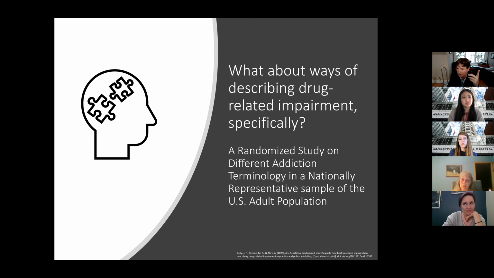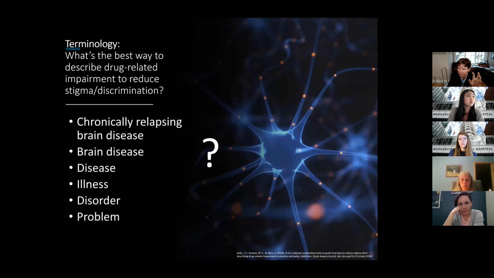What about addiction? We just finished this study. It was a nationally representative study. What we wanted to look at here was the impact of different terminology. These were 6 different ways of describing the disorder itself. So we're not describing a person with a disorder, but rather the disorder itself here. And each of these 6 terms were embedded in a vignette, which was randomly assigned to roughly 300 people each